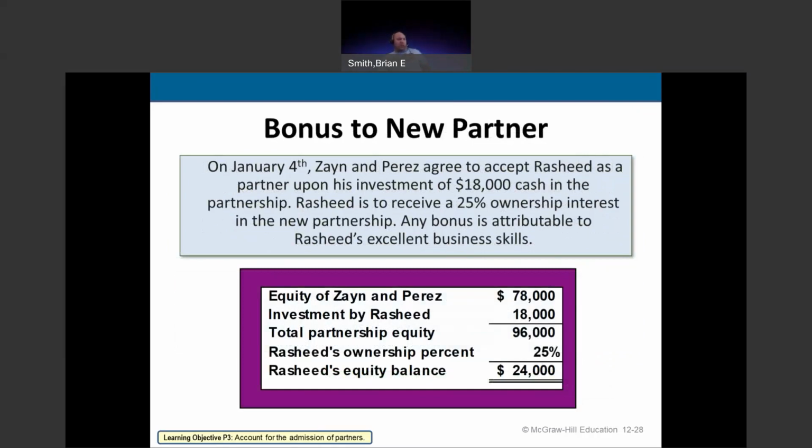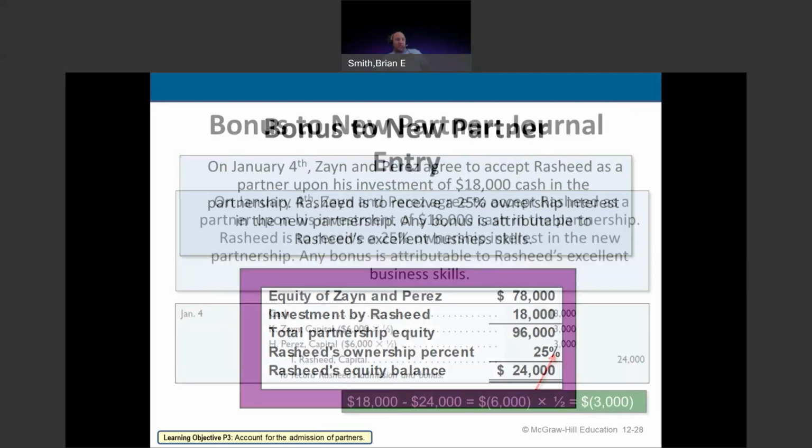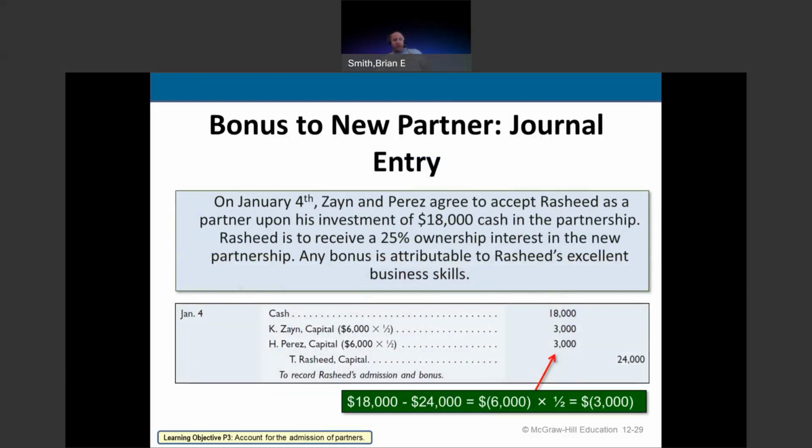If Rashid was going to bring in 18,000 and still get 25% ownership, he was still promised the $24,000, because as you add those together, 24,000 is the 25%. But Rashid only paid 18,000. So we've got $6,000 more to cover. We're going to take that equally out of both Zane and Perez. $3,000 out of each of their capital accounts is going to go to Rashid, and you're going to see Rashid with the $24,000